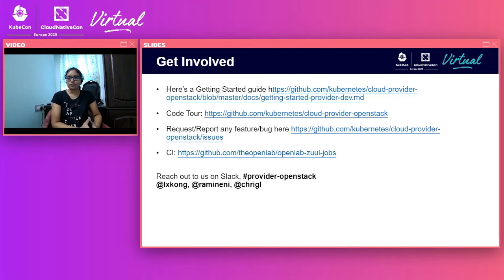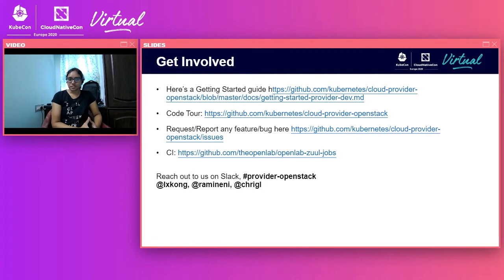Now you have a fair idea about the project. If you want to get involved with us, here's a getting started guide we have provided in the repo. You can go through it and install the plugin. The code is hosted in the Kubernetes cloud-provider-openstack URL. For any issues or feature requests, you can always raise a feature request in GitHub as well.